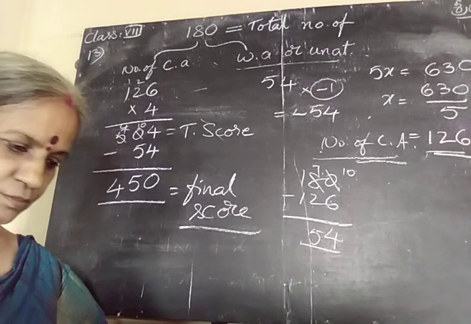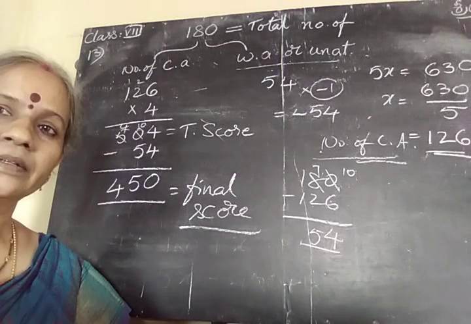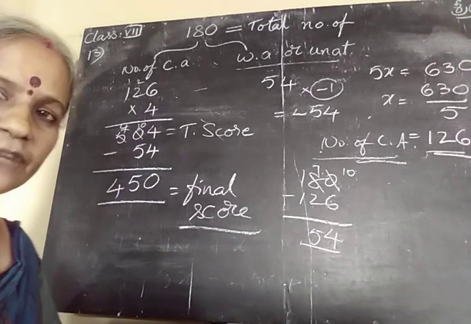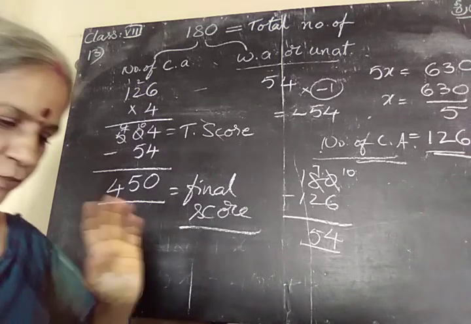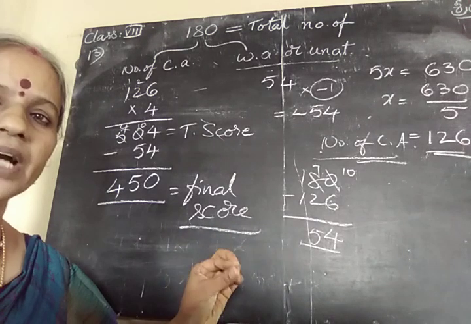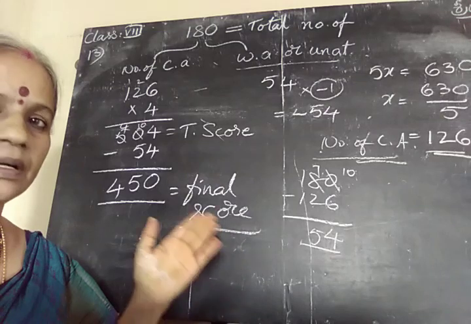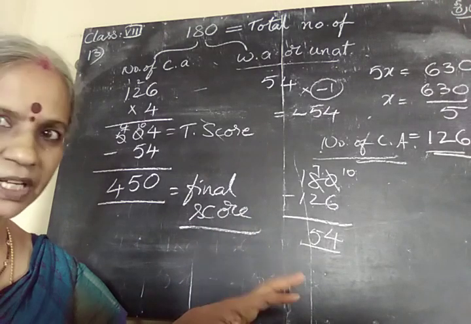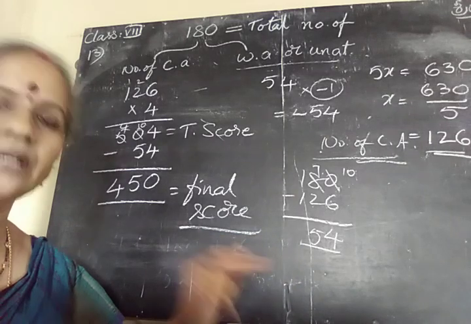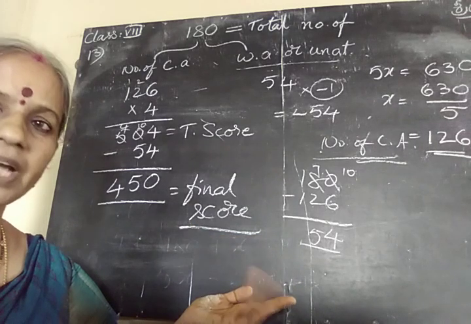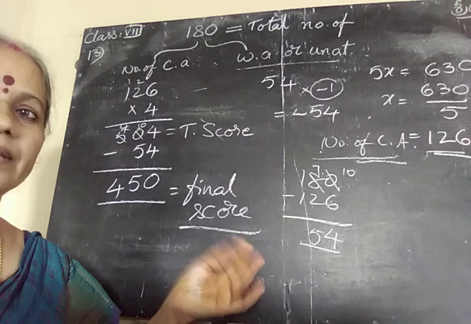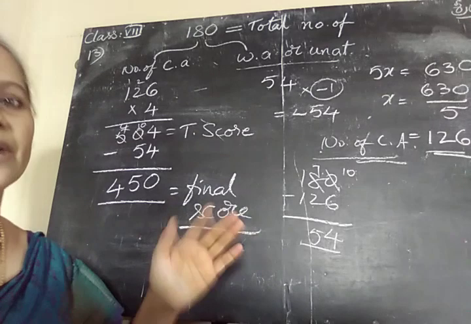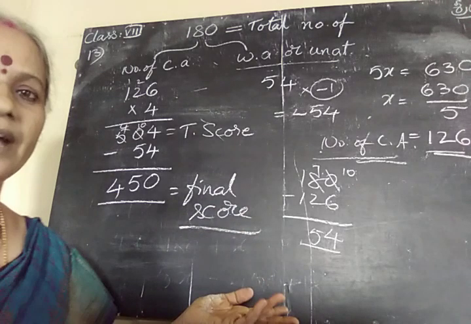Okay children, listen carefully. These three are new model sums only. For every question, first you have to prepare a simple equation. First, what is the given condition? According to the condition, which one is the variable? We have to take that one. You have to think and then make a simple equation. After getting the simple equation, you have to solve that, and we will get the answer finally.